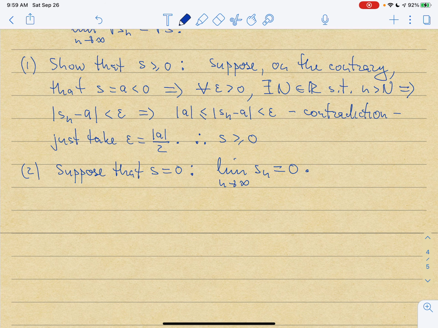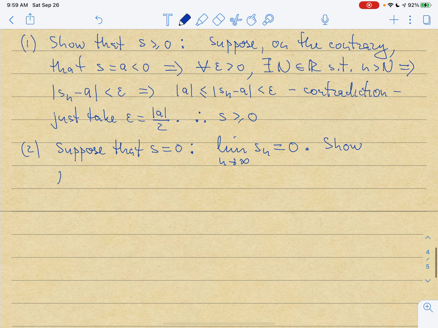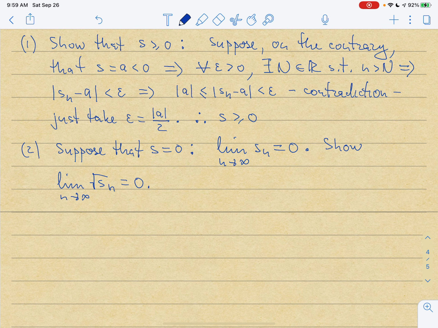So, and S is equal to 0, so now I need to show that the limit as n goes to infinity of square root of Sn is going to be equal to 0. Okay, so the way I'm going to do this is going to be as follows. I want to fit the definition of the limit. So I'm going to choose